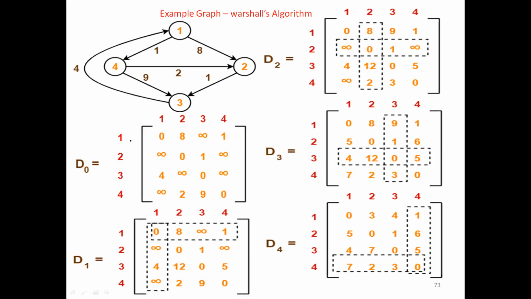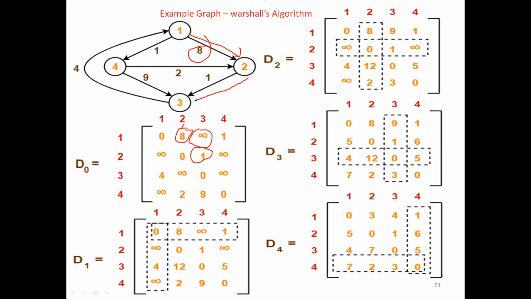I am taking 1 to 2. The edge from 1 to 2 has weight 8, so 1 comma 2 is 8. When you take 1 comma 3, there is no direct path. There is a path via some other vertex, but initially I don't know how to go. Since I cannot reach the node directly, I will put infinity. That's simple. So 1 comma 3 is infinity. Now take this one, 2 comma 3.